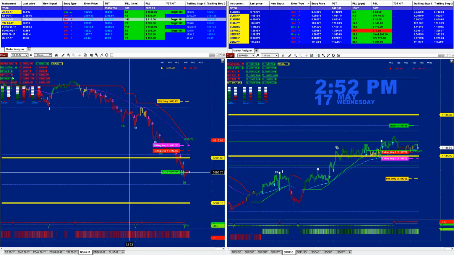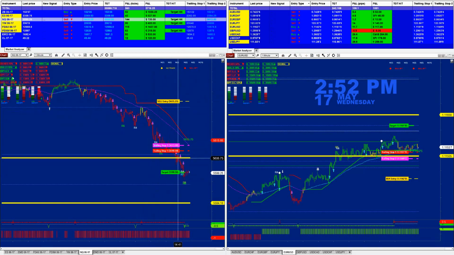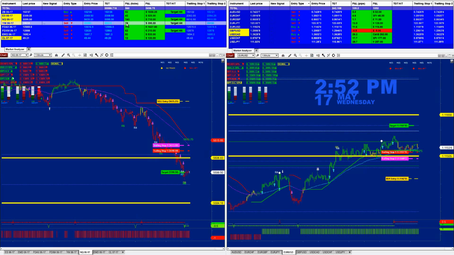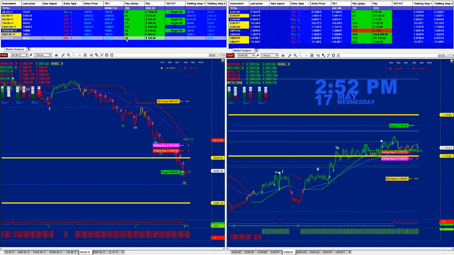And now there is a dead zone. That means the party is over here. Once it comes into the dead zone, target, reversal, the zone support here, and it is over on the NASDAQ. And the same thing happened, 80 ticks on the YM, and then the mini NASDAQ, and then we have 53 ticks on the EMD, and the CL, it just took a new trade right now, and it is up 12 ticks. So the total on the 30-year Treasury bond, ES, NASDAQ, YM, EMD, CL, and the DAX, the total is